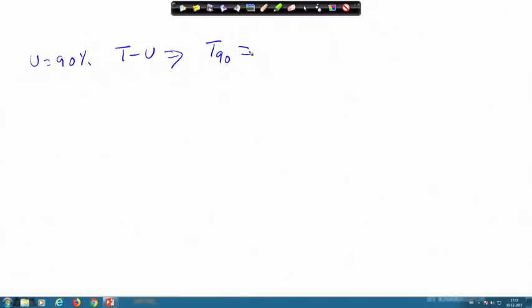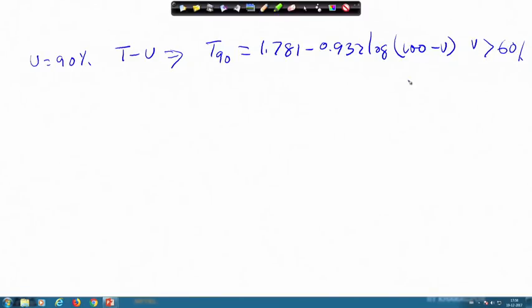Since I know the equation, T equal to 1.781 minus 0.933 into log of (100 minus U), this is actually for U greater than 60%, and when U is less than 60%, your equation is T equal to pi by 4 into (U by 100) square. So, this is the way. I have to use this equation. So, 90% is there. So, if I do this calculation, you will get